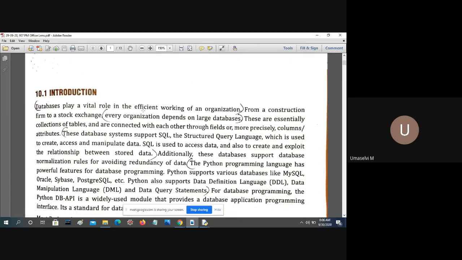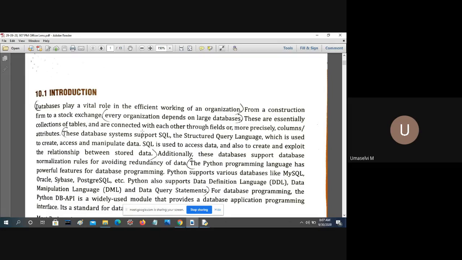Database plays a vital role in the efficient working of an organization, because in any organization a database is very important. For example, any company will maintain stock. If you take flight reservation or train ticket reservation, for each and every day they will have the details of what the trains are, how many passengers are traveling, what the names are, what type of berth was booked by them. All the details will be there and it cannot be stored in Word or Excel. It will be stored in some kind of database. We have already seen DBMS, the database management system, which is used to store large amounts of data.